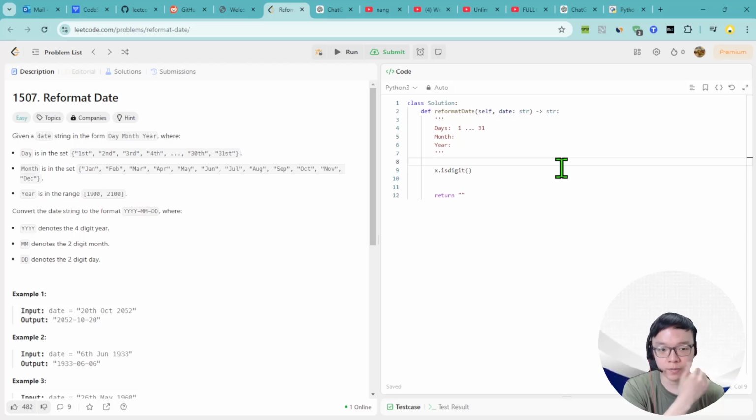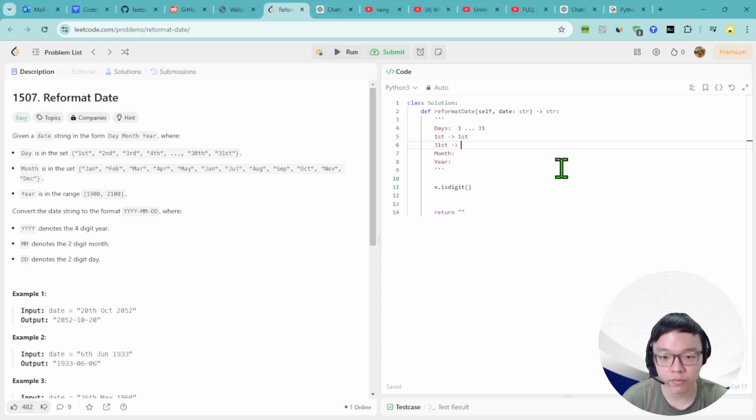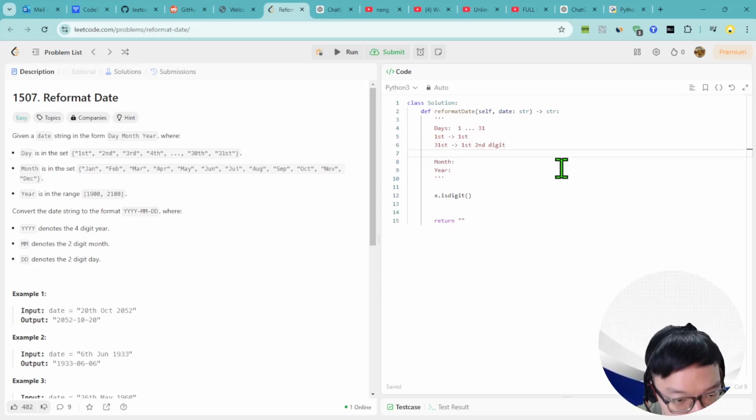So it's either, see, if the day is first, you want to check for the first digit, right? If it's 31st, you want to check for the first and second digit. So it's very simple. But let's just do a mental check. 10th, okay? It's okay. So for days,